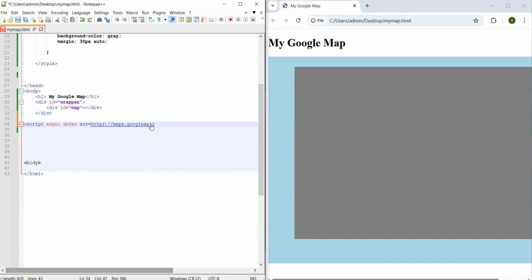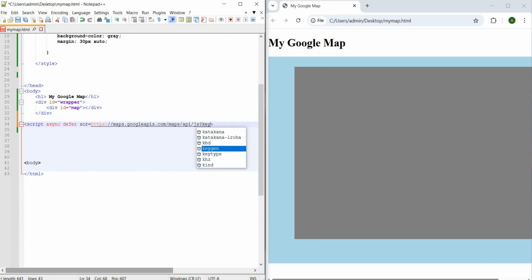So the API is .com slash maps slash api slash js, question mark key.